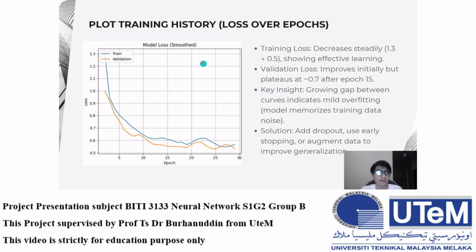This is the plot training history for our loss over epoch. The training loss decreases steadily from 1.3 to 0.5. This shows effective learning. The validation loss improves initially but plateaus around 0.7 after epoch 15. There are some key insights from this graph. There's a growing gap between the curves that indicates mild overfitting. The solution to that problem is to add dropout and use early stopping or augment data to improve